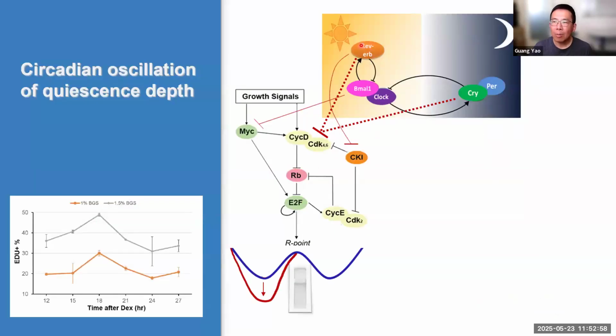So we think, okay, we didn't verify this, that when you turn on RevERB, BMAL1 will be inhibited. Same thing when you turn on CRY, the BMAL1 CLOCK activity will be repressed. That's why, for example, MYC is repressed. Without the drug it is repressed, and with the drug it is de-repressed, with a moderate but significant increase of MYC activity. So we think it is through this, but we didn't verify them directly.